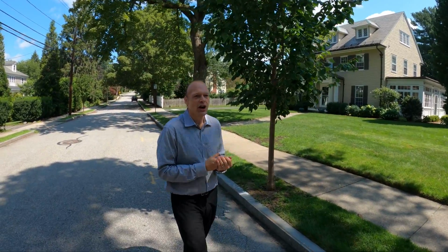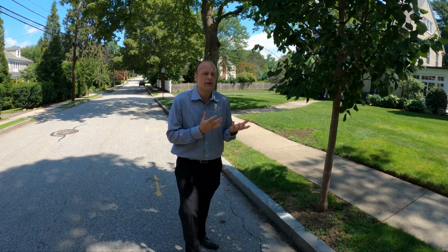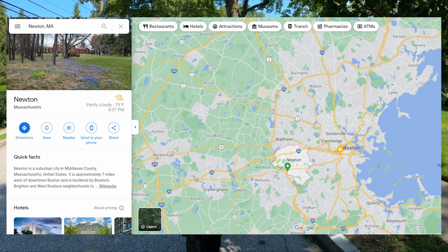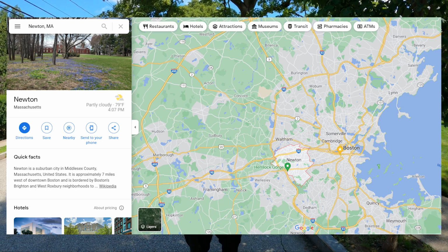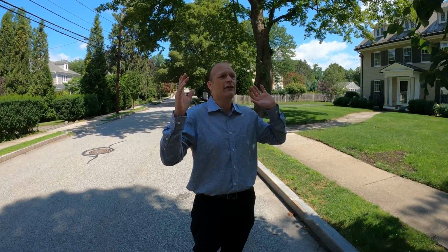I was talking about the accessibility of Newton, and what's awesome is it's only 23 miles from Boston, right? So depending on traffic and when you go, it's pretty quick to get here. And I don't know specifically why these families moved here, but there are some really famous people that actually grew up in Newton. Amy Poehler, Louis C.K.,